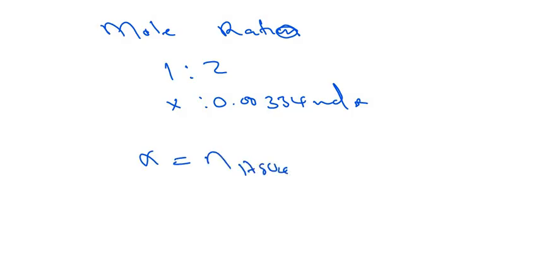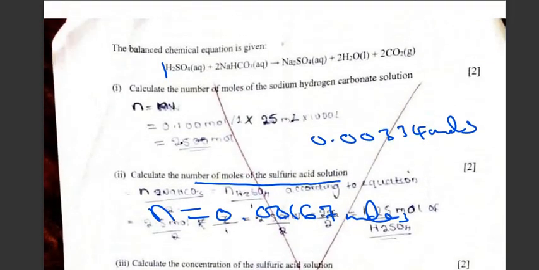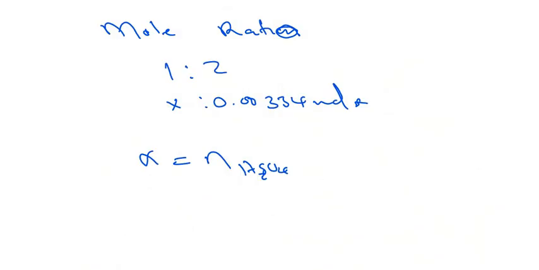Is it this? The sulfuric acid, let me just see this. This is H. Yeah, there's a 2 there. So this is 0.0334. When we divide it by 2, we got 0.0167. This is the moles. So this will be the number of moles for the sulfuric acid in the 25, in the aliquot that